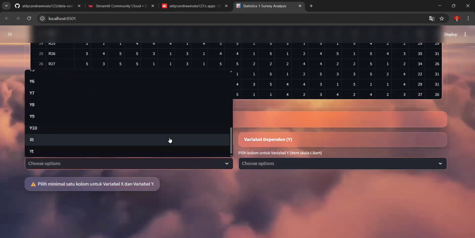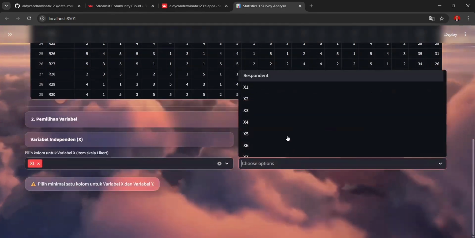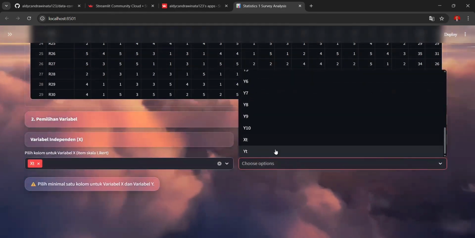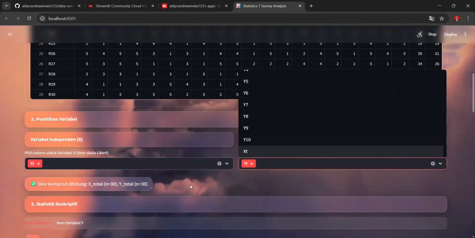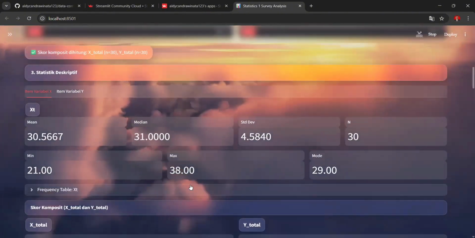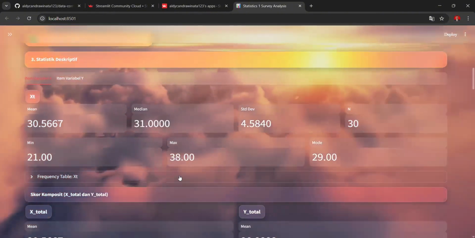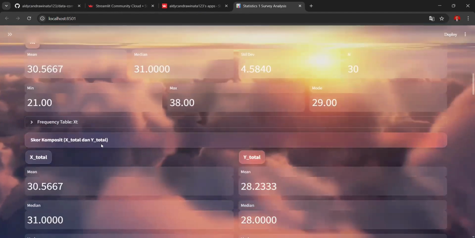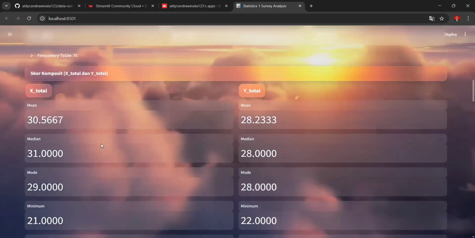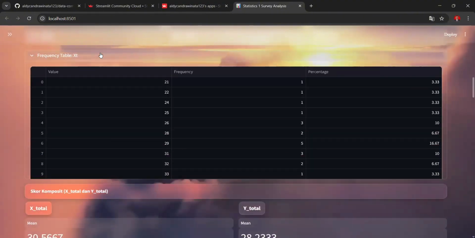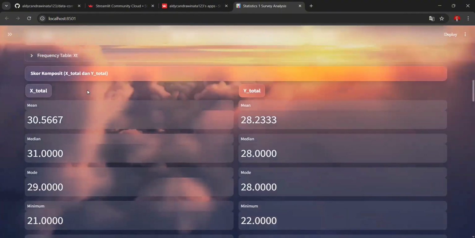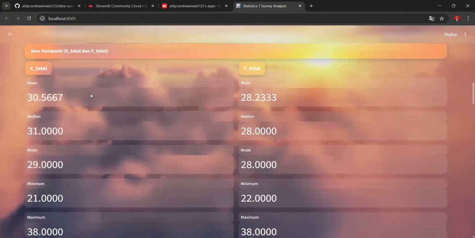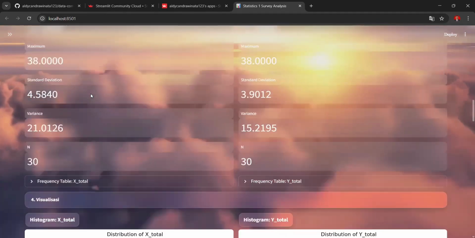Okay, this is the descriptive analysis: mean, median, standard deviation, N, min, max, mode, and this is the frequency table. This is the composite score, X total and Y total.